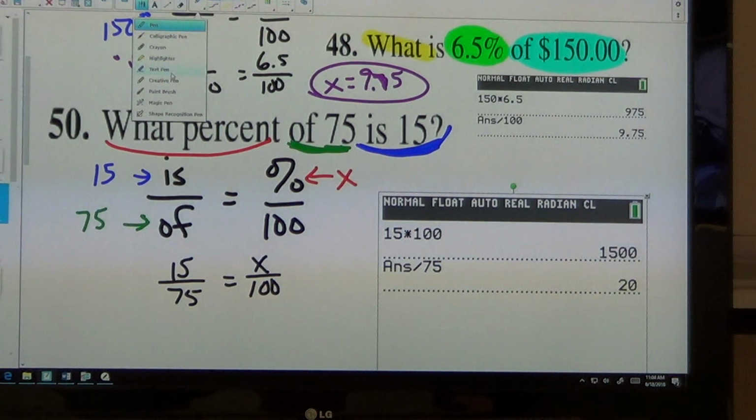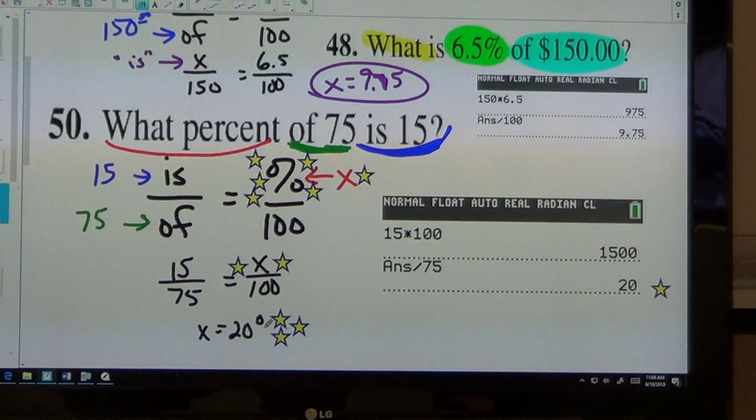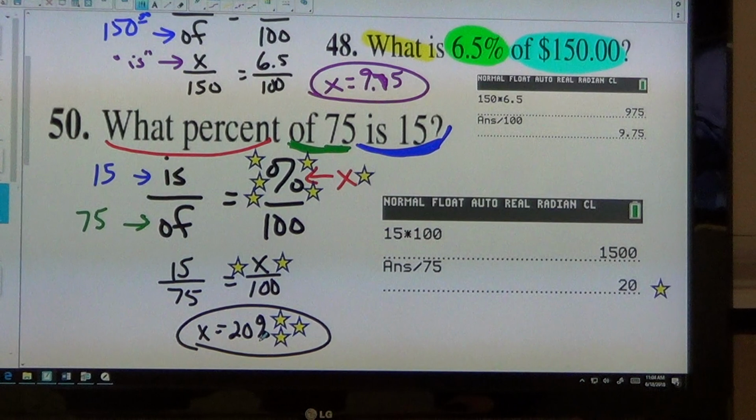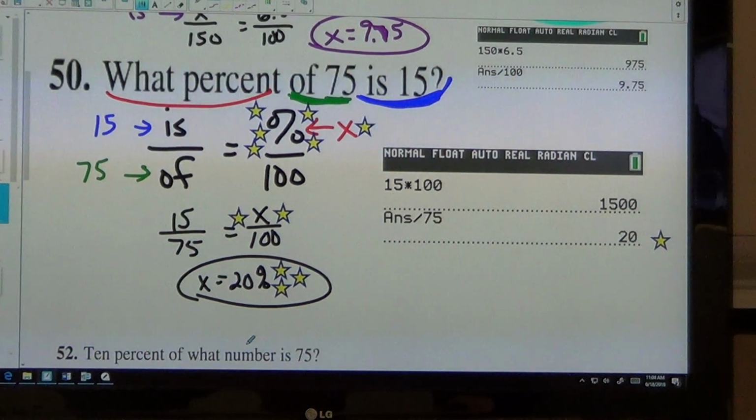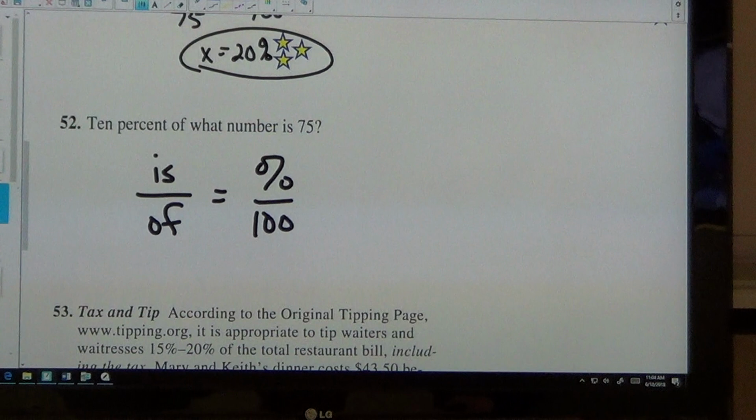We are solving for x, which is the percent. So that means my answer needs to have a percent sign behind it. So it's going to be x equals 20%. We don't have to woot-woot because it knows that it's a percent that we're solving for. Cool? All right, I'm going to let y'all try number